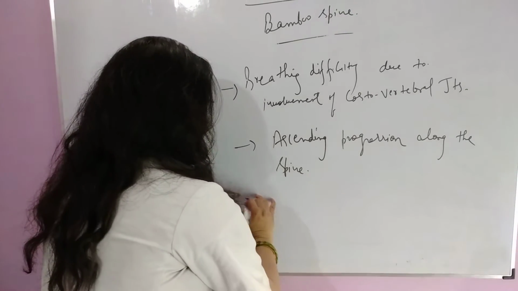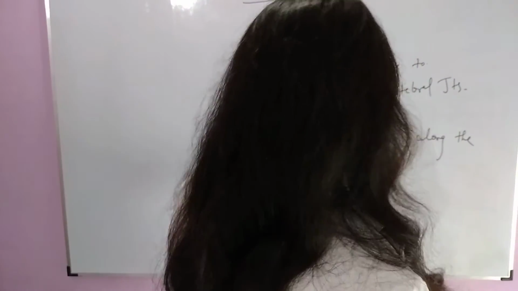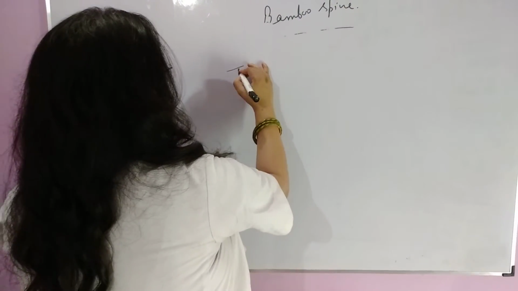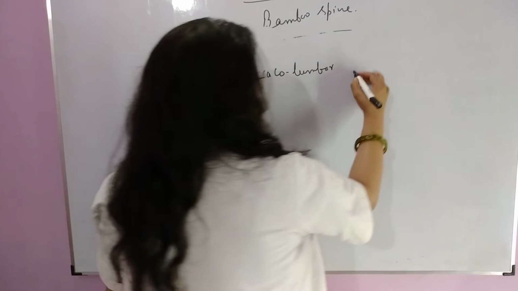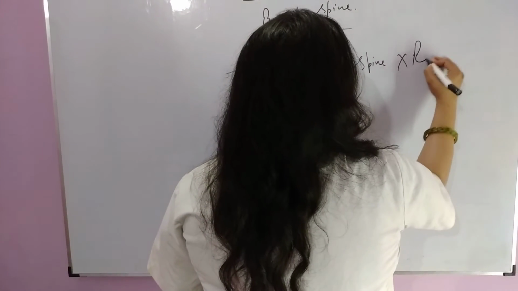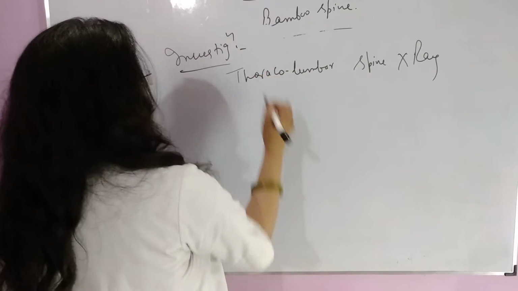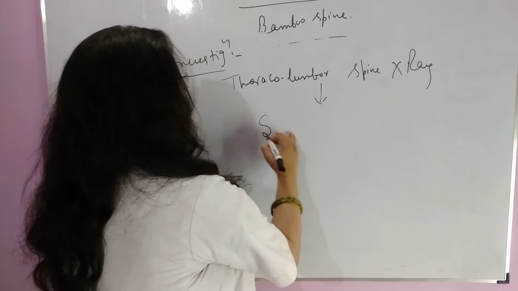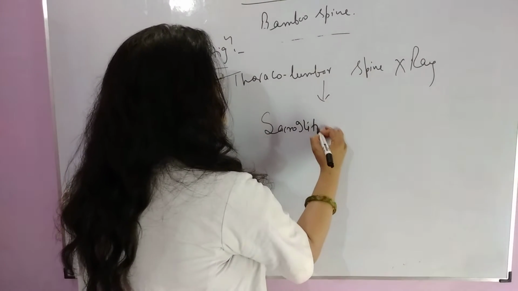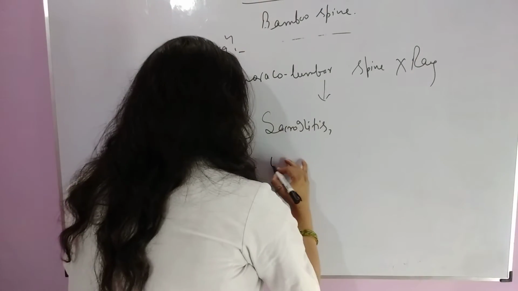Now come to investigations. Thoracolumbar spine X-ray. And we can clearly see sacroiliitis in the X-ray, with widening of joint space,